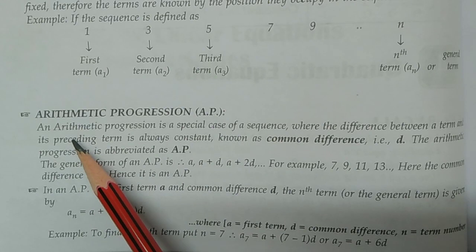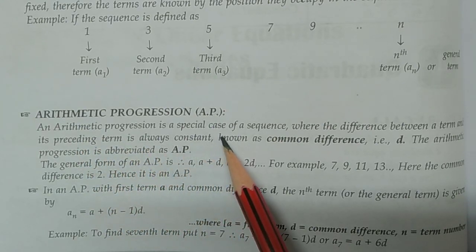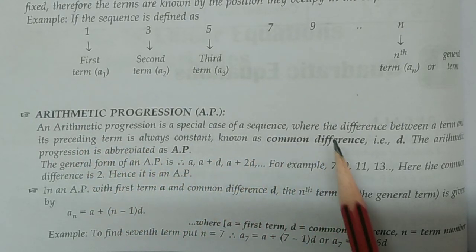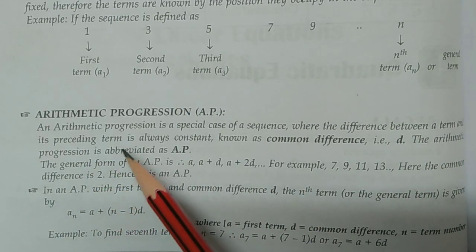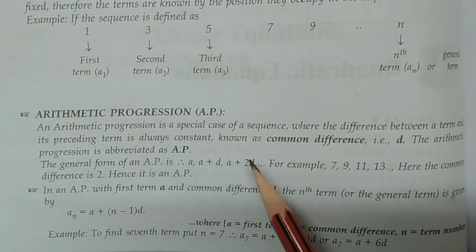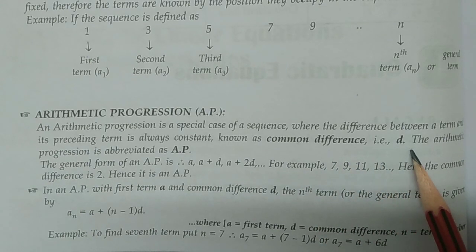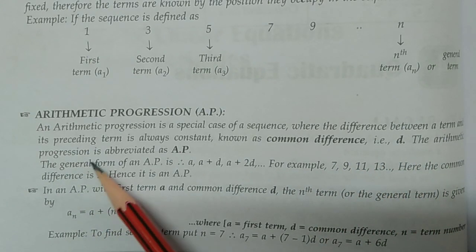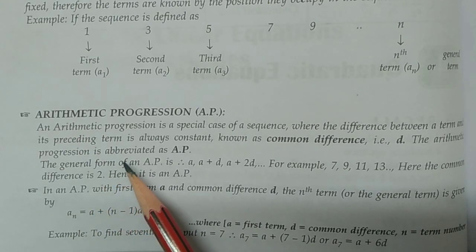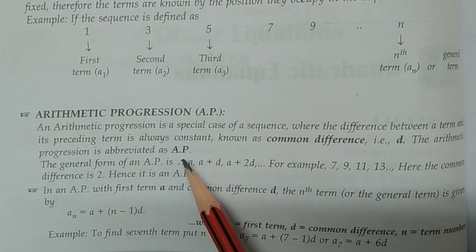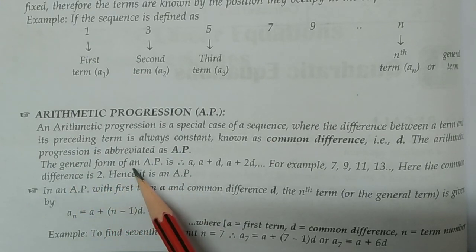An arithmetic progression is a special case of a sequence where the difference between a term and its preceding term is always constant, known as the common difference, for example d. The arithmetic progression is abbreviated as AP. The general form of an AP is